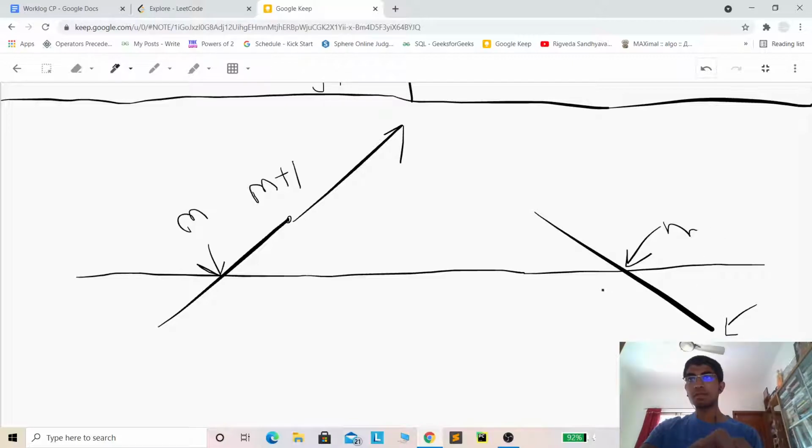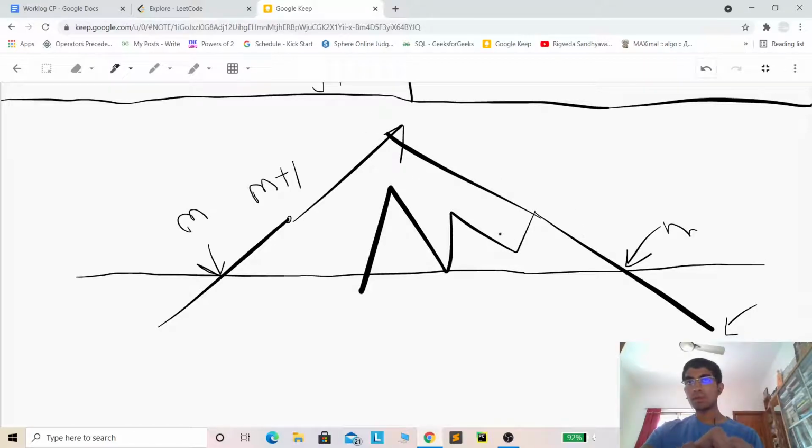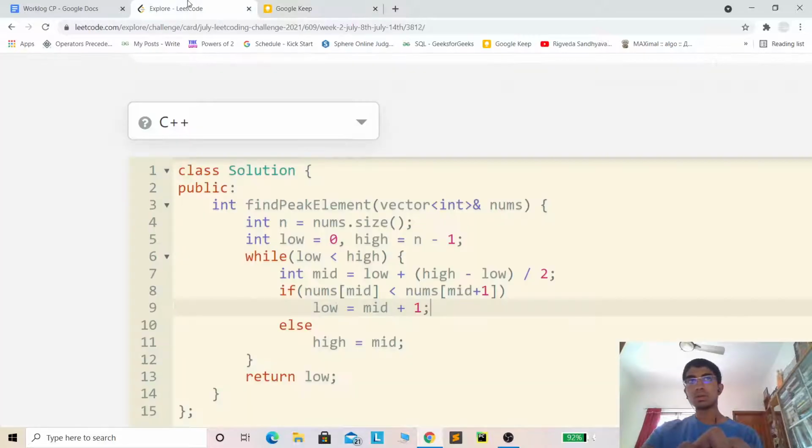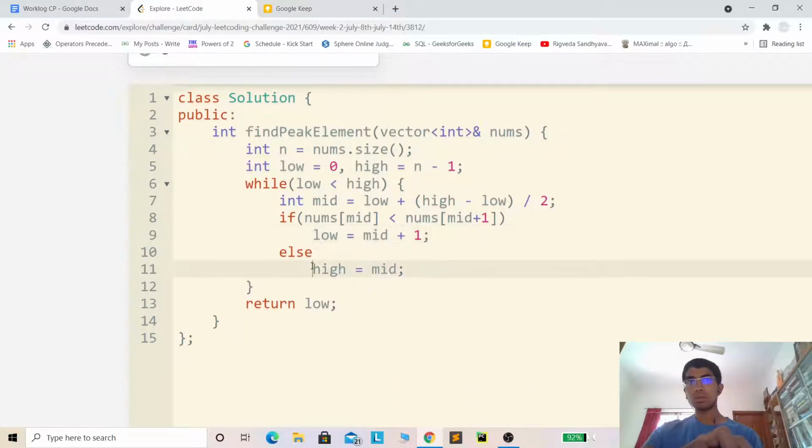With similar reasoning to what we did before for the right side of the array, we can do it for the left side as well. The left side of the array may be fluctuating like this, or it may be totally ascending, whatever; at least one peak would definitely be there in the left side of the array, and hence if this is the condition, we just move to the left part of the array. Otherwise I move high to mid, and then just terminate when low becomes equal to high and return low.